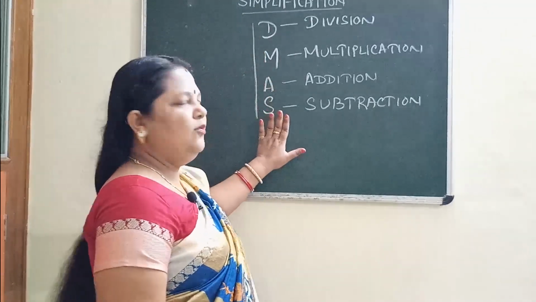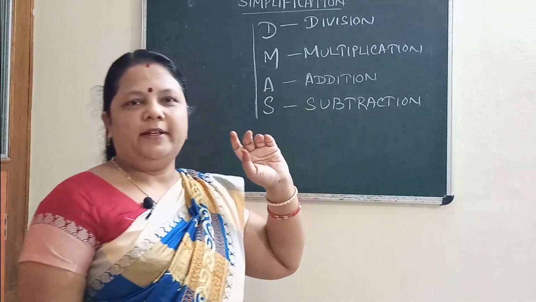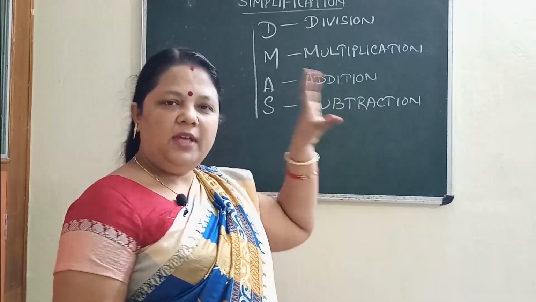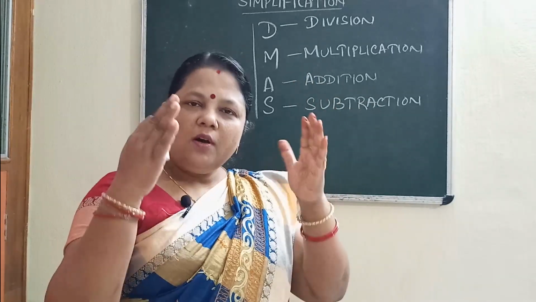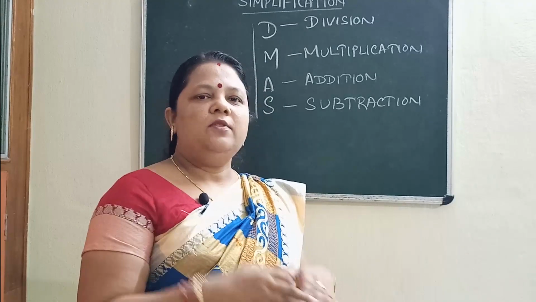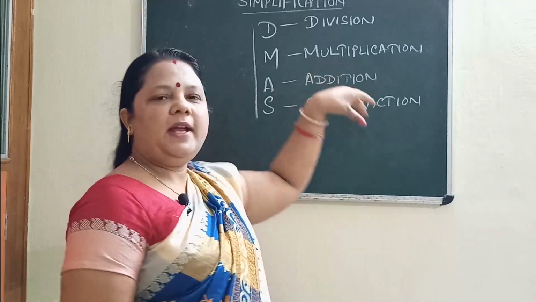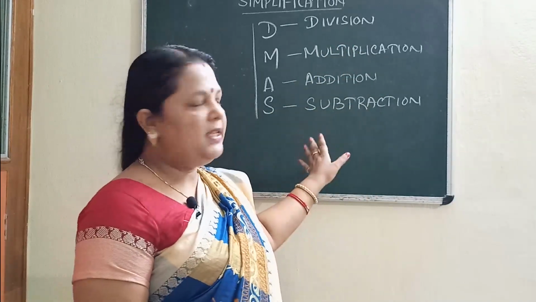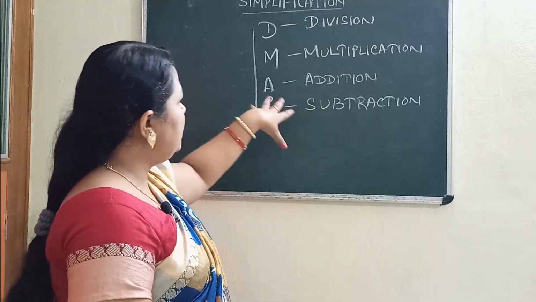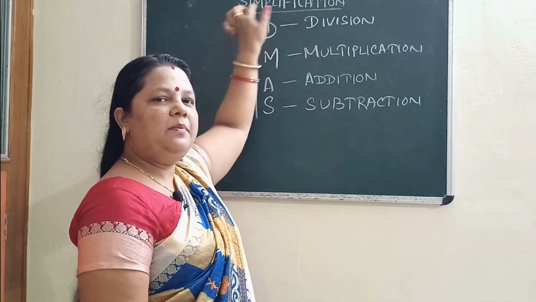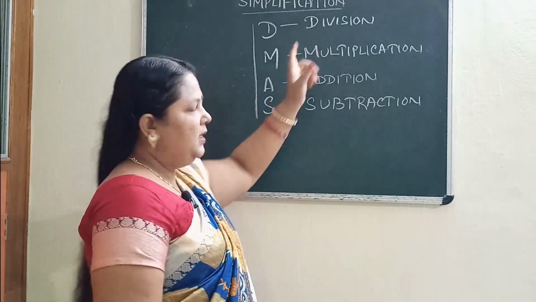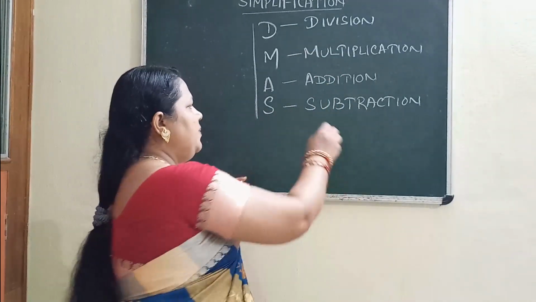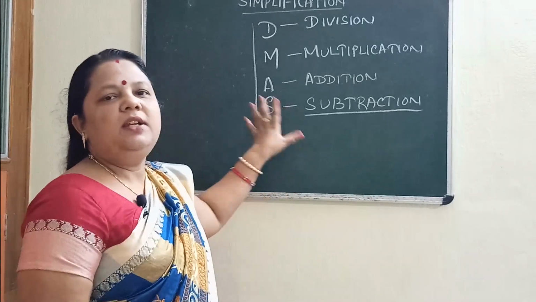Okay, so these are four operations. Do you remember or forgot, children? We have already discussed all these operations in our previous class. So now we are going to discuss when we are using all these operations in one problem. So how to simplify all the operations at a time, we are going to discuss according to this rule. Rule means what? First D is written, means first we have to simplify this division part. Then you will go for multiplication. Then you will follow addition. At last you have to operate this subtraction operation.